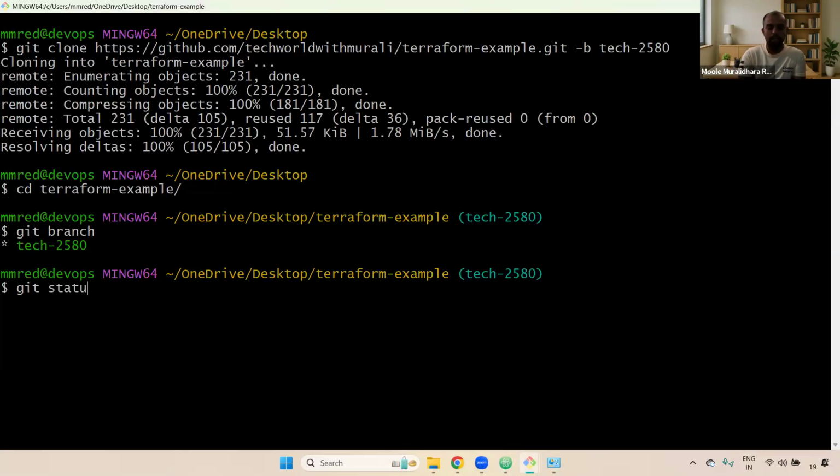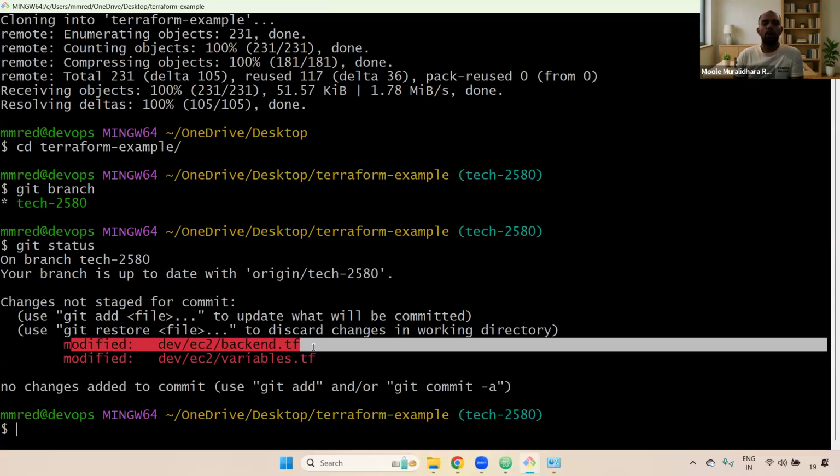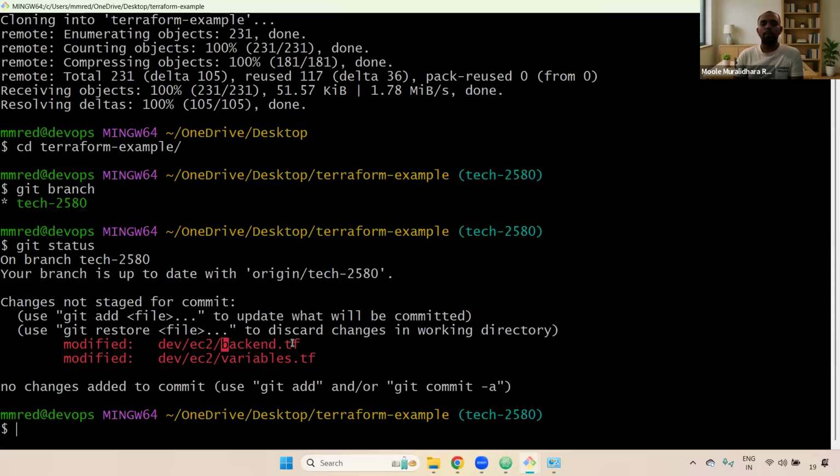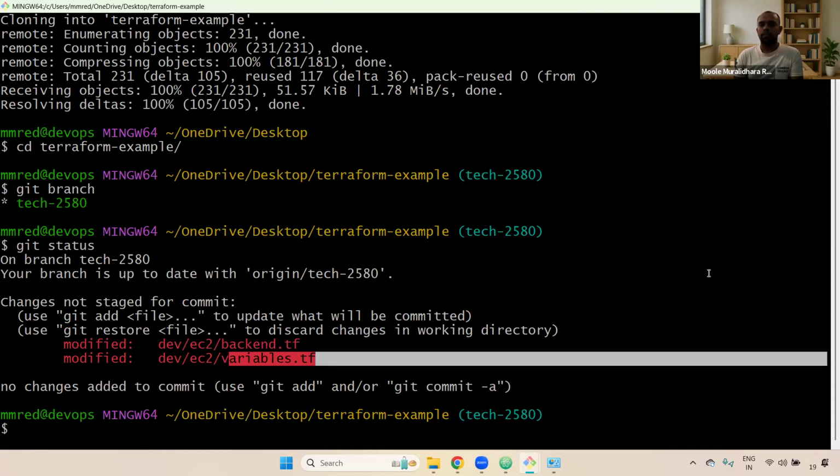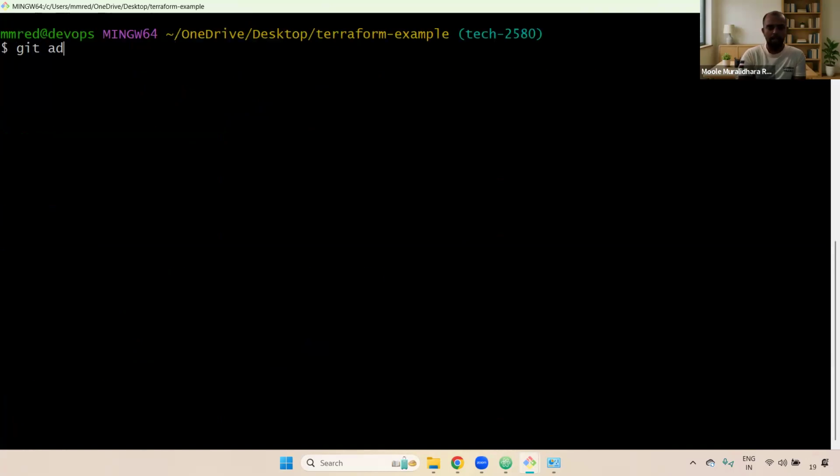Now here you can see the Git status. Here you can see that we have modified two files, right? One is EC2 backend.tf and also variables.tf. Now what I'm going to do? I'm going to add it with git add dot, and then I'm giving git commit